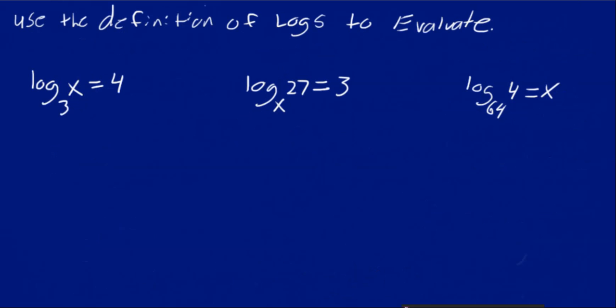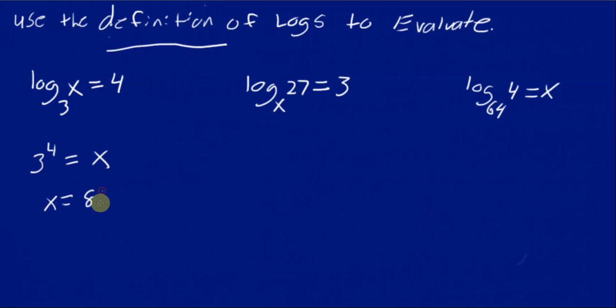Okay, the next thing we're going to do is use the definition of logs to evaluate. So I've got 3 equations here. The first one, log of x, base 3, is equal to 4. What using the definition of logs means is I want to rewrite this in exponential form. So base of 3, exponent of 4, is equal to x. This is a pretty simple one. You're just going to raise 3 to the 4th power,